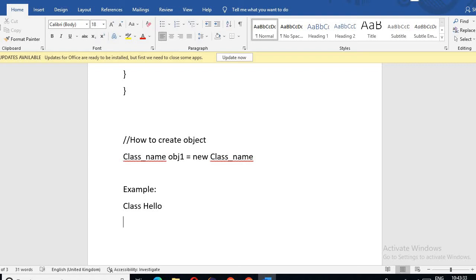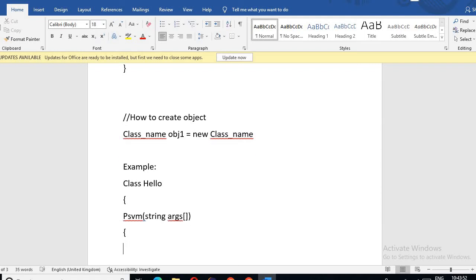Then opening curly braces, then I am writing the main function, that is public static void main in bracket String args square bracket, close the bracket, then again opening bracket.